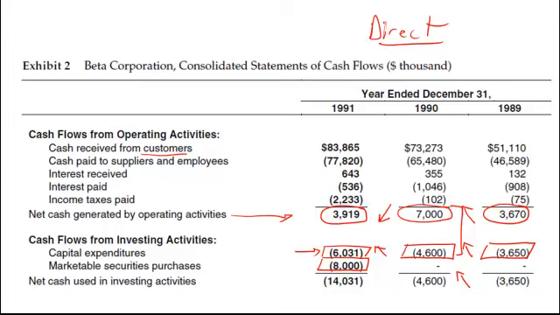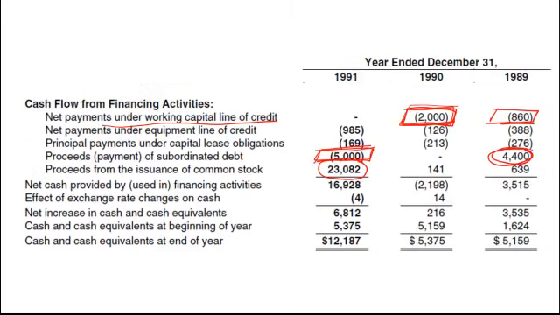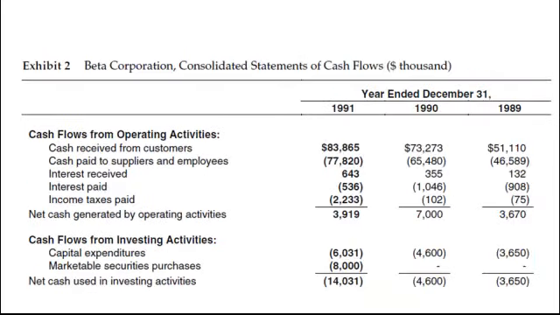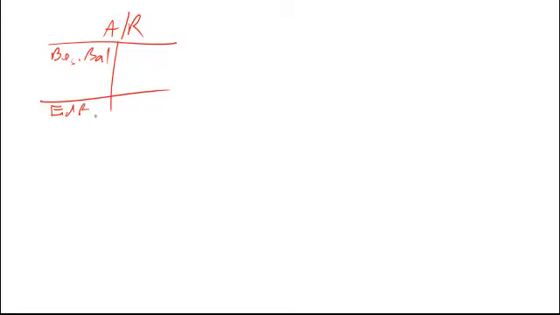I know that the collection increased every year, but let's see what's the trend in the sales and what we can say about it. In order to do that, we're going to do a bit more of accounting. We are going to use what we know about accounts receivable. We have a beginning balance on the debit side, and an ending balance on the debit side as well. And ignoring write-offs for now, we have two major amounts that would impact this account. We have the sales or revenues on the debit side, and we have the cash collection